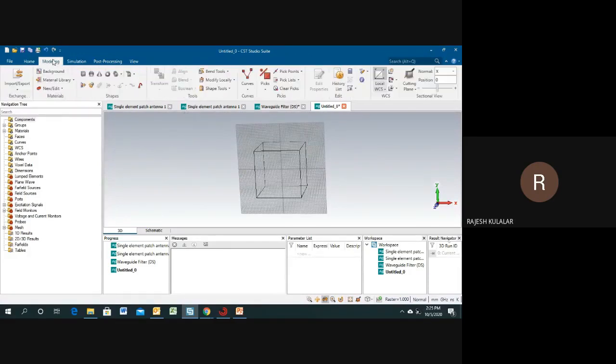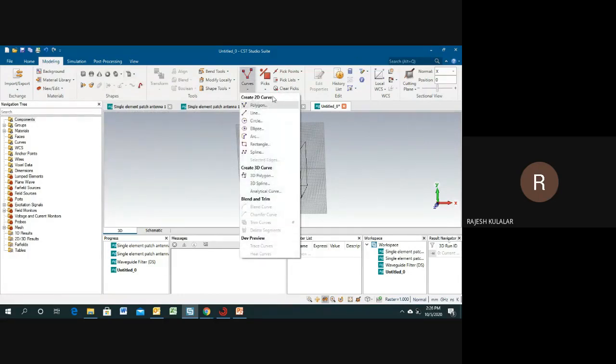And this one is for modeling. You can design primitives like bricks, sphere, cone, torus, cylinder. This one gives a pyramid, so you can design all of these. If you want to design a cube, then you select bricks. If you want to design a sphere, you select this sphere. If you want to design a cone, then you select this one. Apart from that, you can also design from curves: create 2D curve, create 3D curve. In that you need to define some coordinates and design a curve, and in that case you need to sweep some parameters.